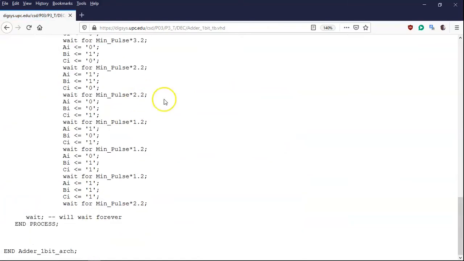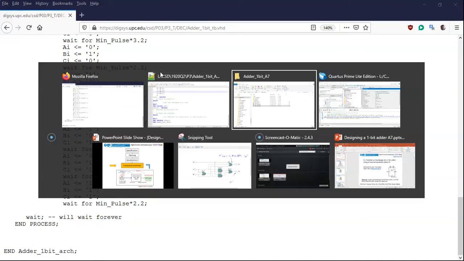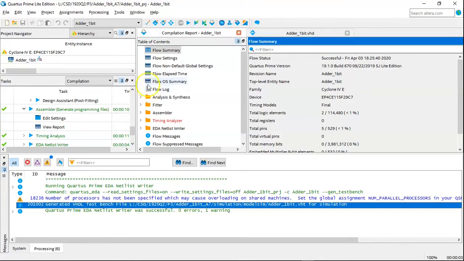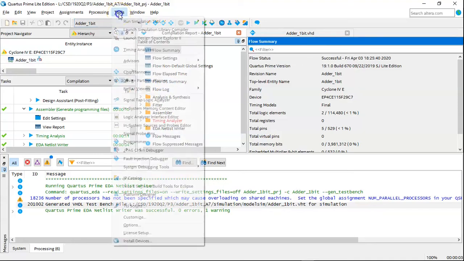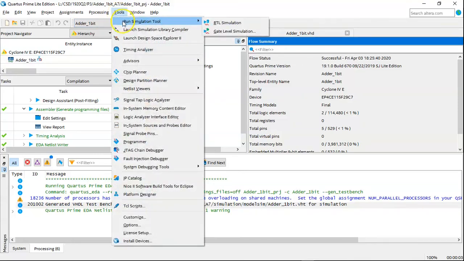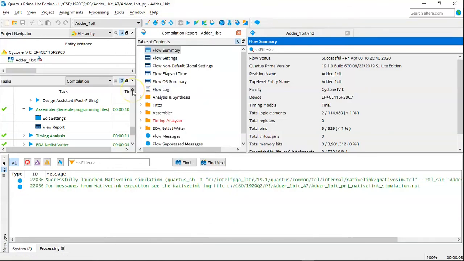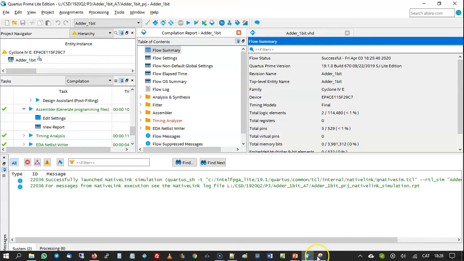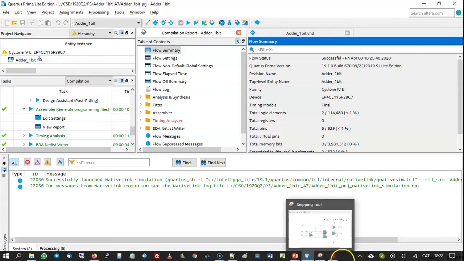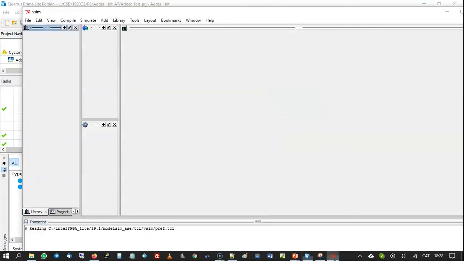But first of all, let's start the simulation process in ModelSim. So we go back to Quartus, and from Quartus itself, we can launch the tool which is going to run a simulation tool, precisely the RTL simulation. So that's the time for starting a new project, but this time it is going to be a simulation project. So the computer, in the end, is going to launch, you see, a new window,